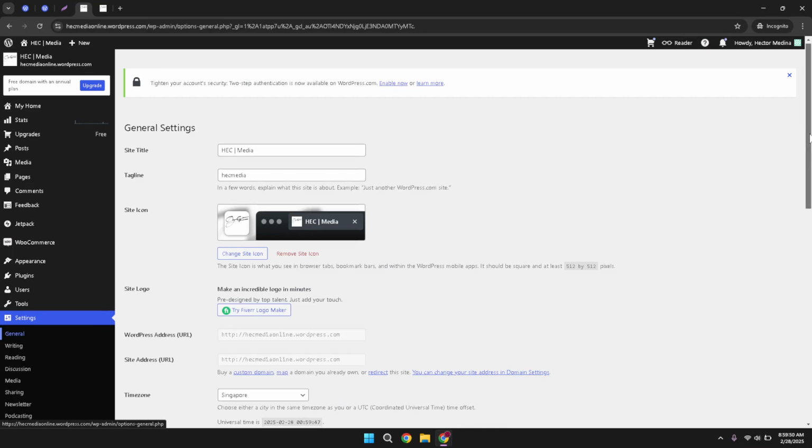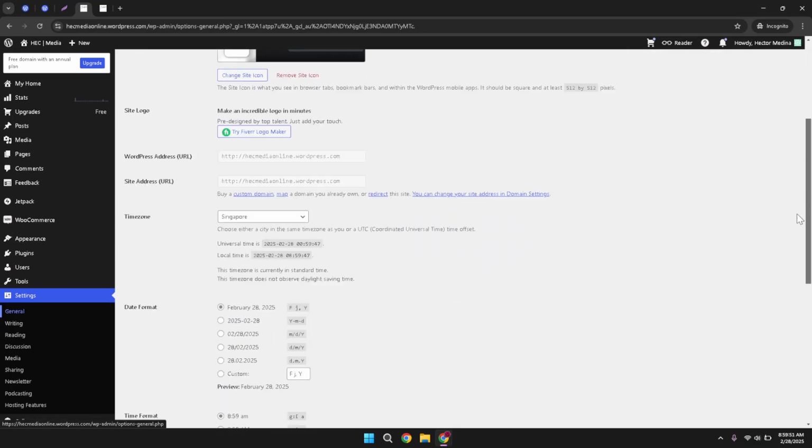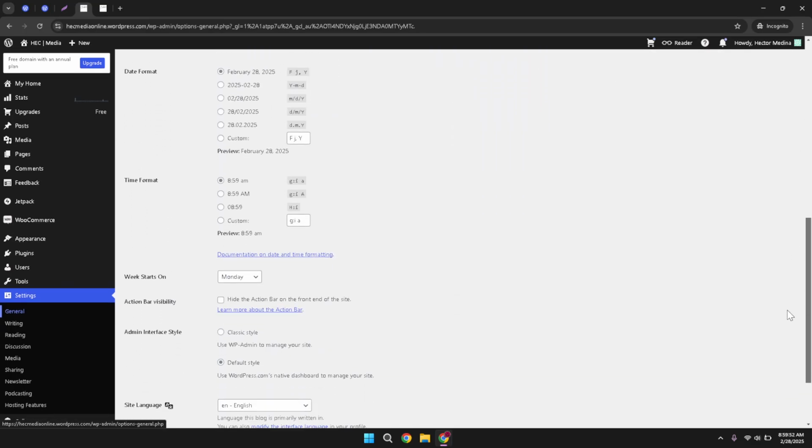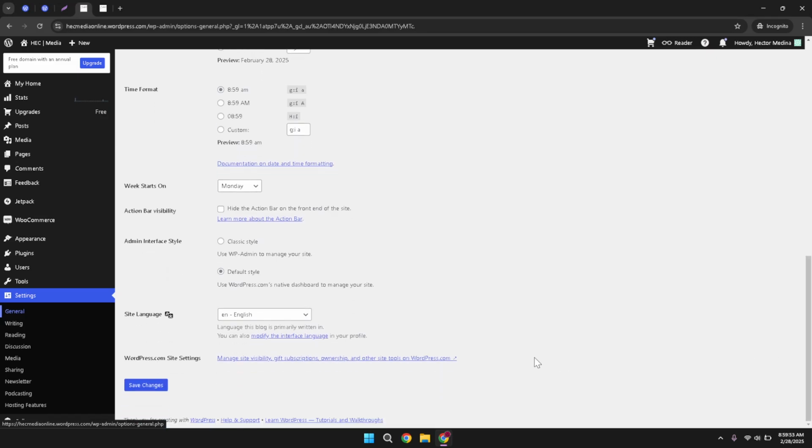Once you're in the settings section, scroll all the way down to find wordpress.com site settings. Take your time here, as it can be easy to miss if you're scrolling quickly. Now, you're looking for something called Manage Site. Click on this link, which will open up some further options we need. By following these steps, you'll be brought to a page where you can turn on the Coming Soon mode.